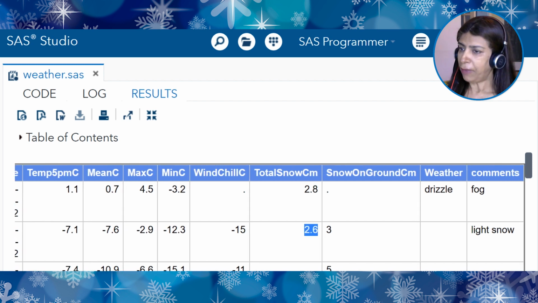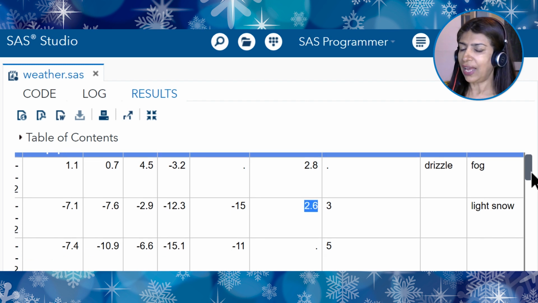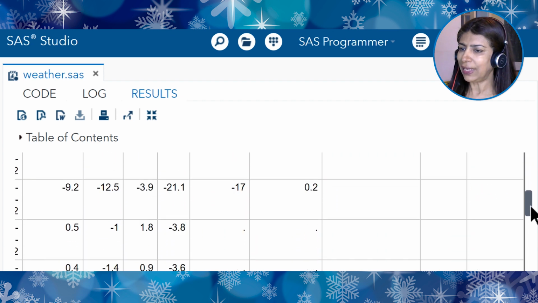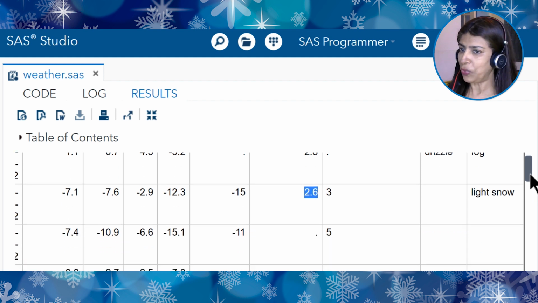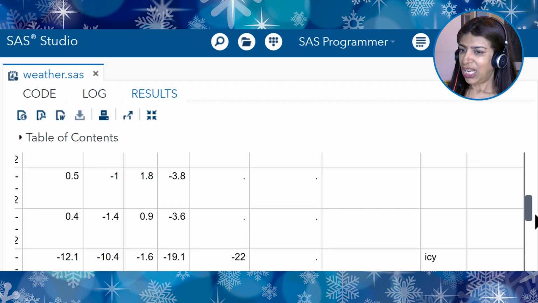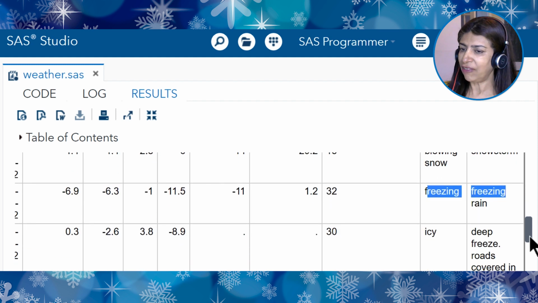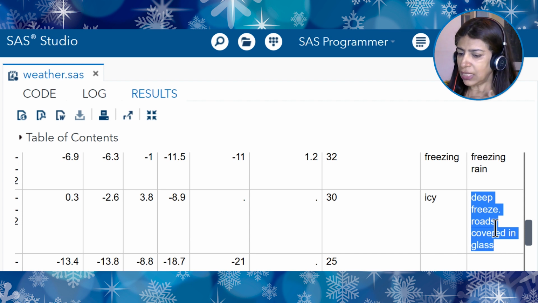Then I have two other columns called weather and comments. So this is text, words that indicate what the weather was like. And the weather column is going to be a single word or two. And in the comments column, I might find phrases. So we'll also be filtering through that, looking for patterns in the data. For example, on this date, you see the word freezing and freezing rain or icy, deep freeze, roads covered in glass. So there are times when